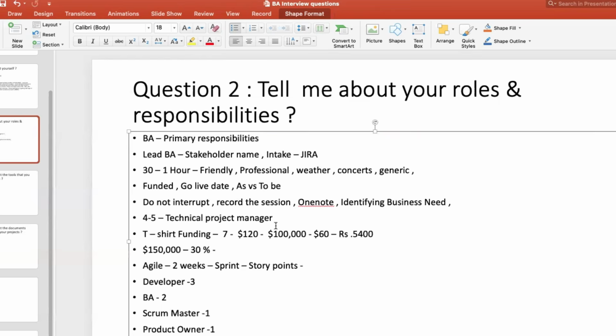if you have more than 8 plus years in your resume, 8 plus, 10 plus, especially if you're on site in the US, then the expectation is not only the basic BA responsibilities. Don't think I was responsible only for gathering requirements. That's not the expectation. They want you to have the capability of a project manager. Means you know everything end to end. You know how to schedule calls, how to do budgeting, how many resources will be needed, how many sprints will be required, and when is the go live. Accordingly you will do all this project planning.